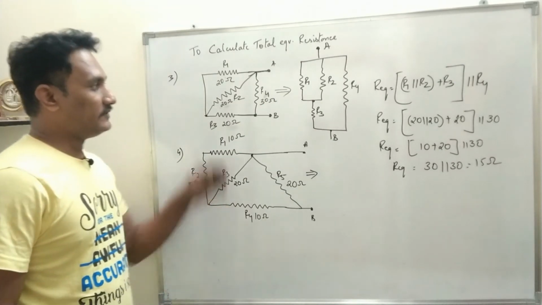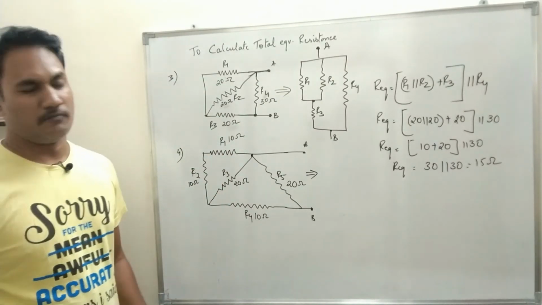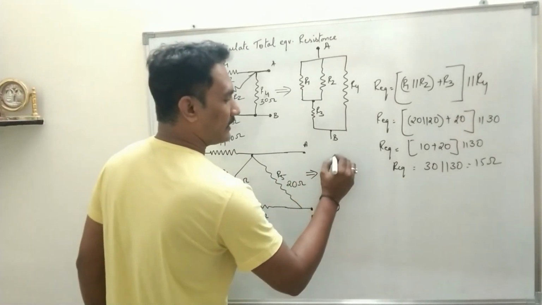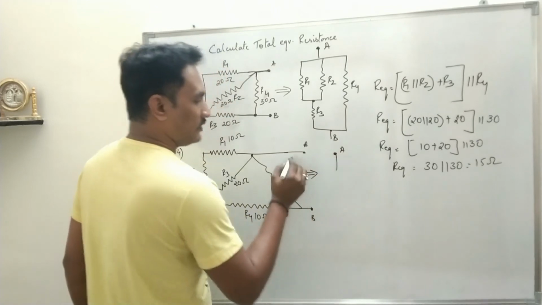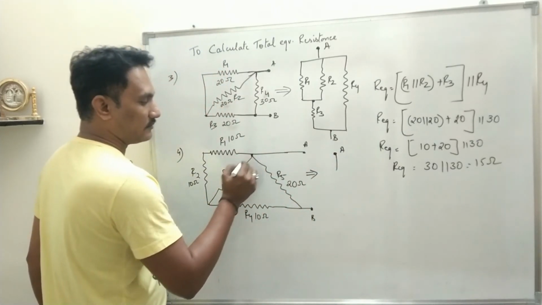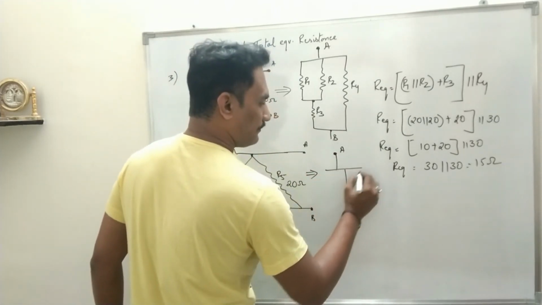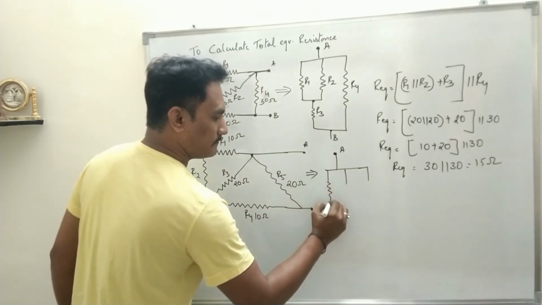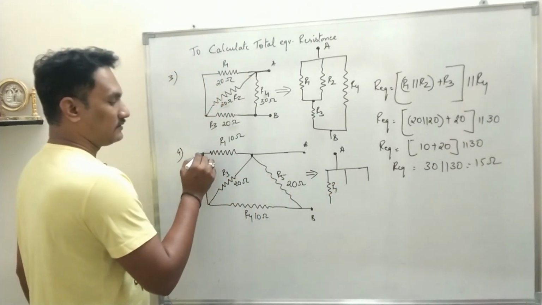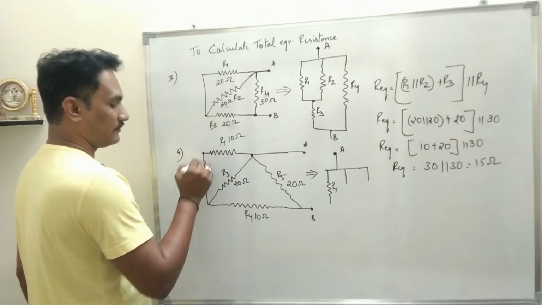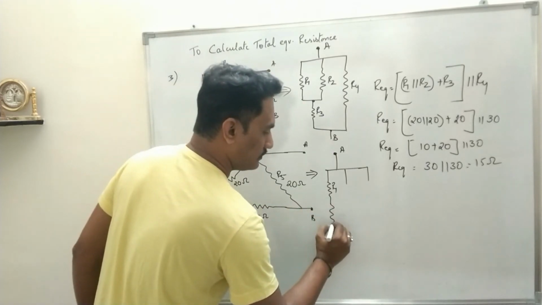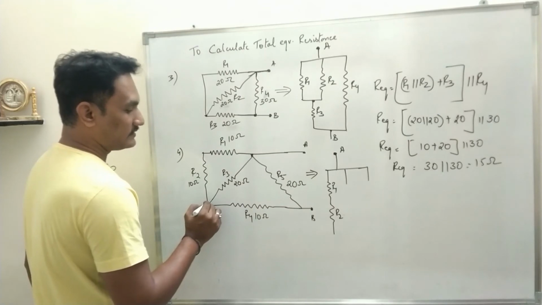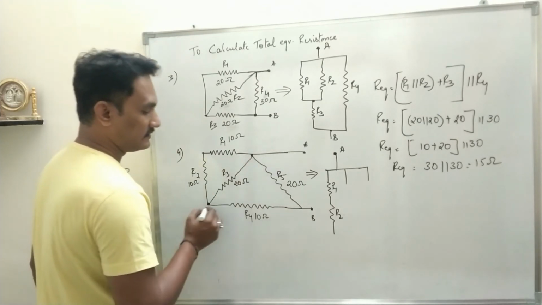Next, again we have increased the complexity of the circuit. Number of resistors are there, it is very difficult to identify. Go by the simplified method, start from A. Now when you start from A, again you have three terminals. So draw the three terminals. On the first arm you have R1. The point at which R1 ends, from there you have R2. So draw R2. The point at which R2 ends, there R3 also ends, starting from A.